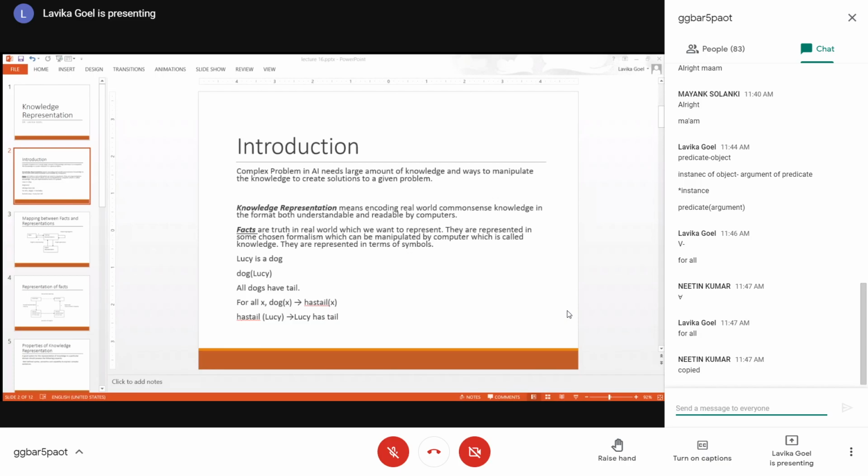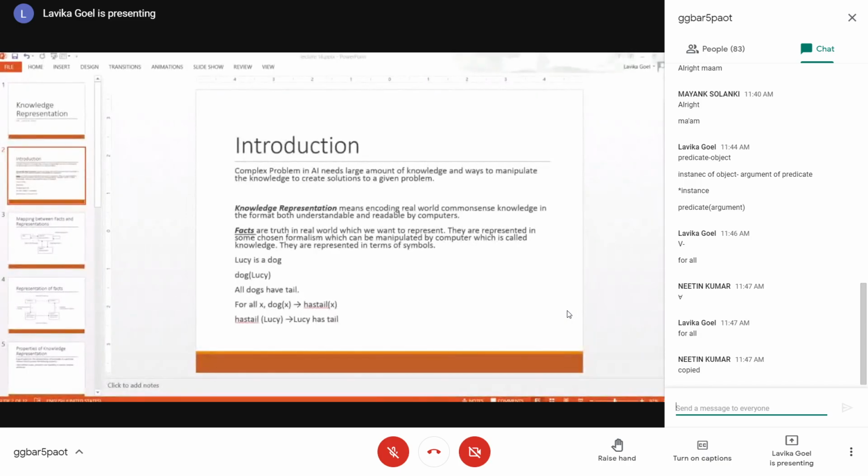Fine. So this is called inferential knowledge. You can infer something from the existing facts. This is how you represent the facts in terms of internal symbols, and basically you can reason using the set of facts available to you in order to derive new facts. This kind of knowledge, which I have just given an example of, uses an inference mechanism by which you are inferring new facts. So this is called inferential knowledge.